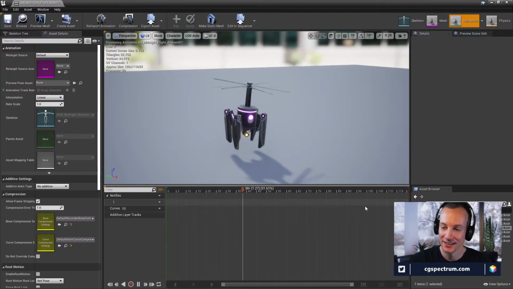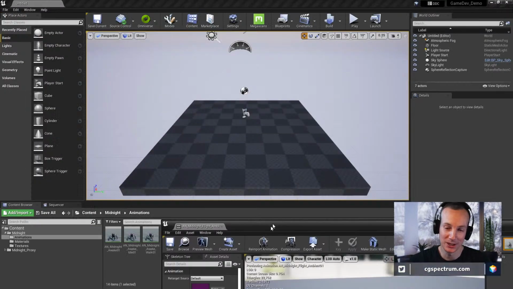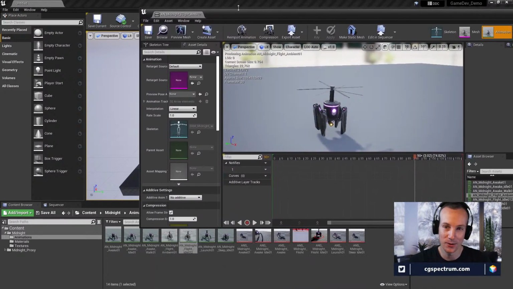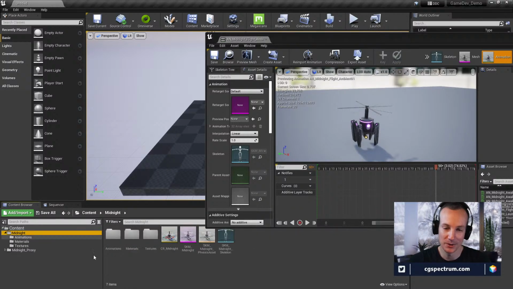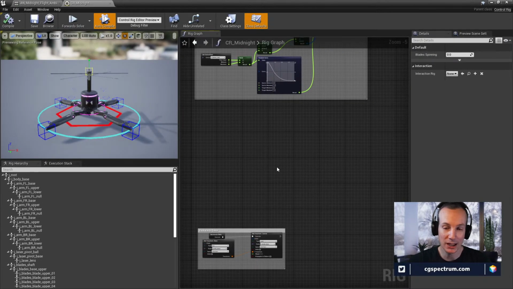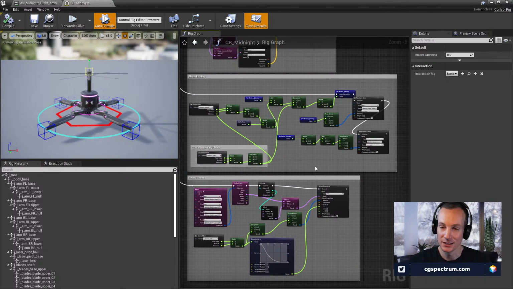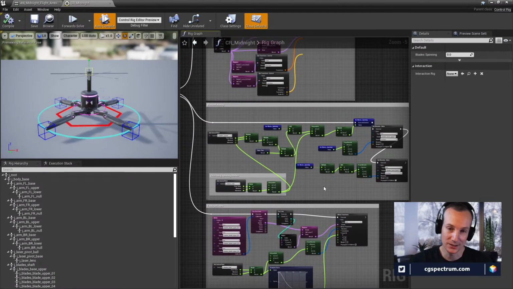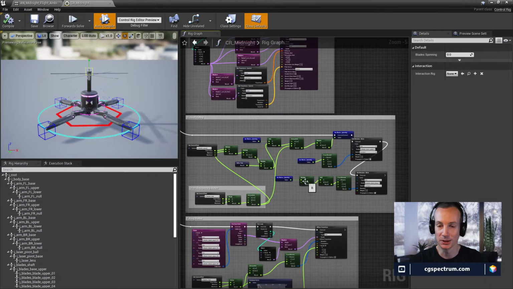So I had to change the rig, and it was actually a really neat experiment because it forced me to see how robust working with Control Rig is. Because you can make a change in Control Rig and it doesn't break your animations, and it allows you to see instantly if it's compatible with your animation. If it's not, then you just make some more changes until it is working, and nothing broke, which is really cool.